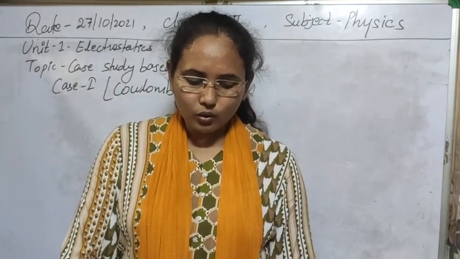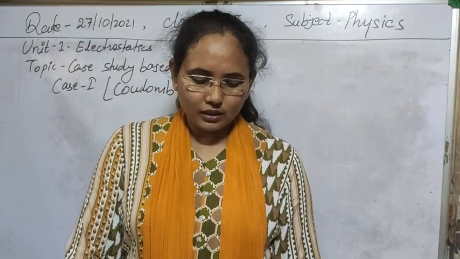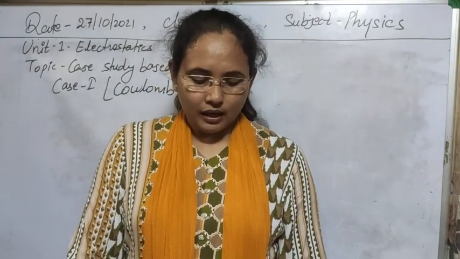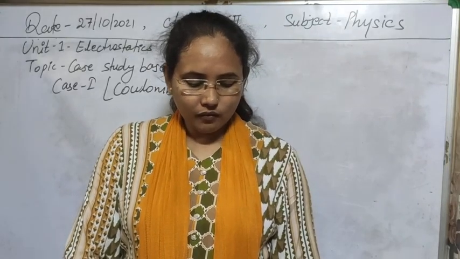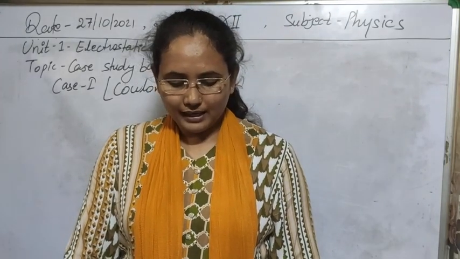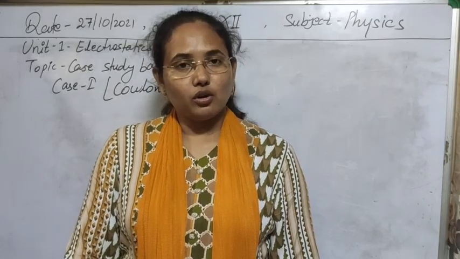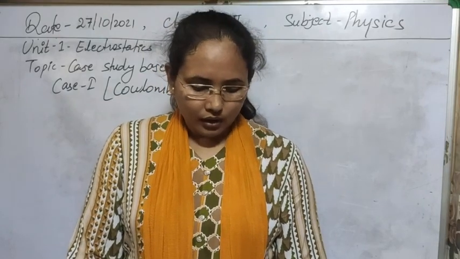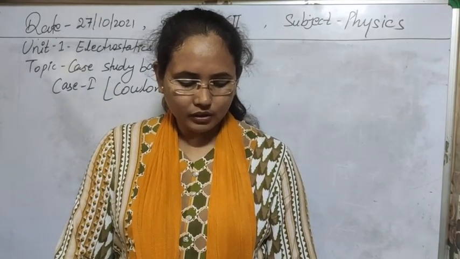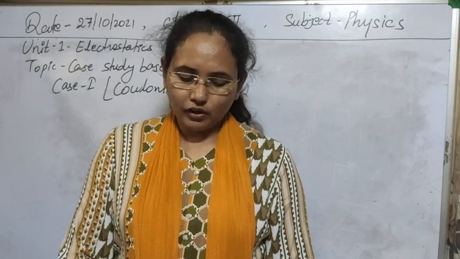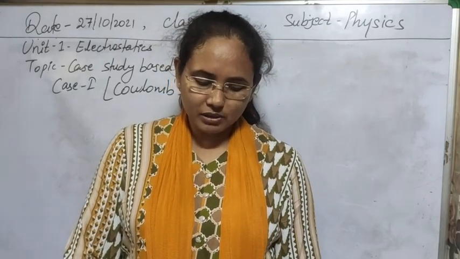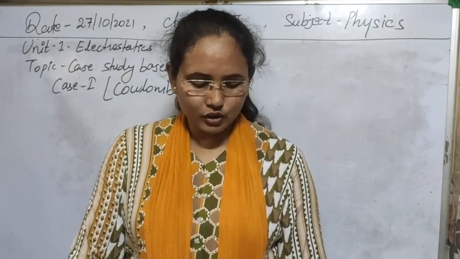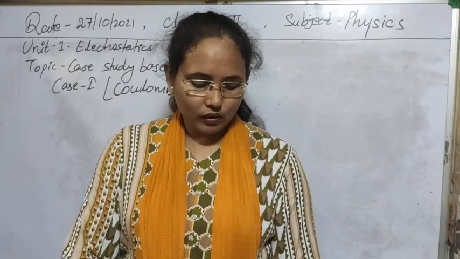balance to measure a small quantity of force and used it for the determination of forces of attraction or repulsion between small charged spheres. He thus arrived in 1785 at the inverse square law relation, now known as Coulomb's law. So this is the history behind Coulomb's law. Further it is given, he found that the force between two point charges varied inversely with the square of the distance between the charges and was directly proportional to the product of the magnitudes of the charges and acted along the line joining the two charges.